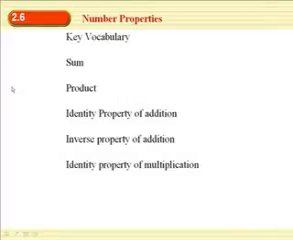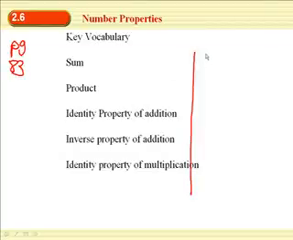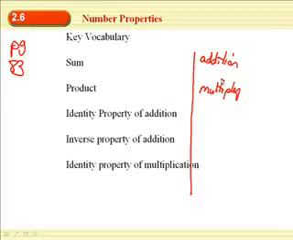Right, 8th grade math, we're on 2.6, which is on page 83 in your book. We have some number properties that we're going to talk about. That line means addition. Product means to multiply. And these three properties are